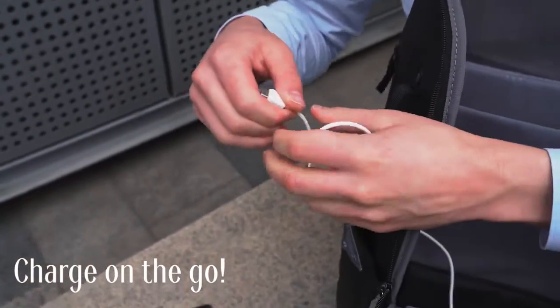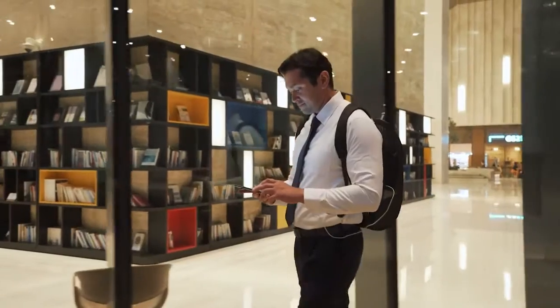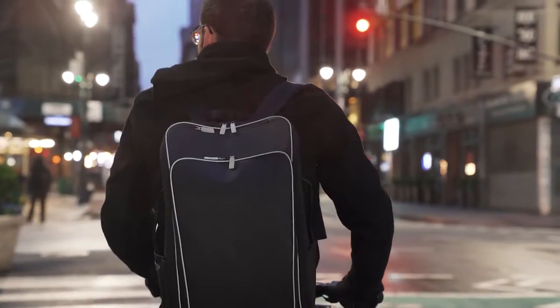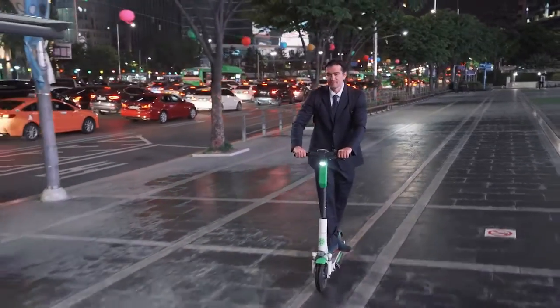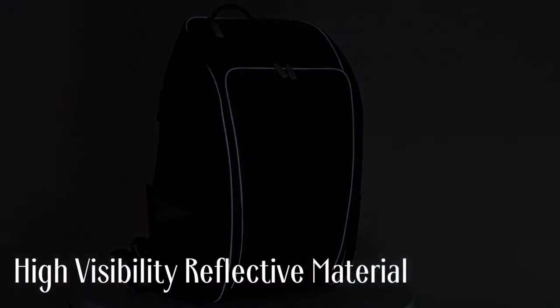Cord pass-through holes are included to help you easily charge your devices on the go. Riding on the road at night? TDN got you covered. For additional safety, the reflective material on the backpack helps you remain visible at all times